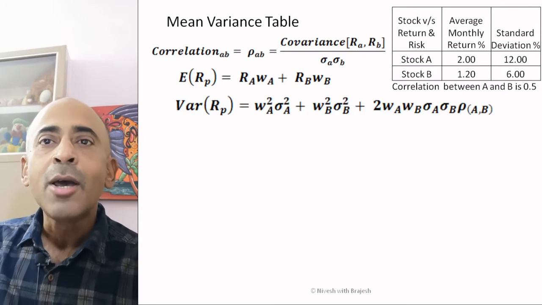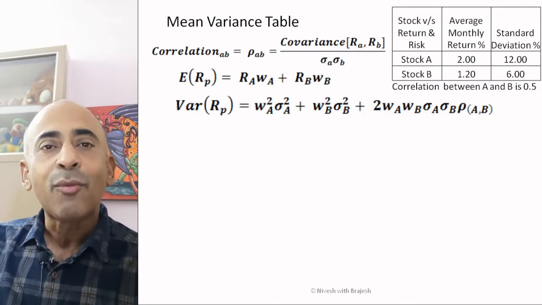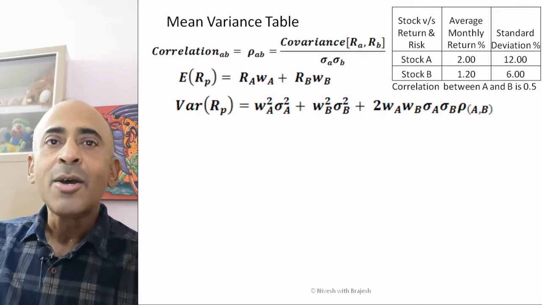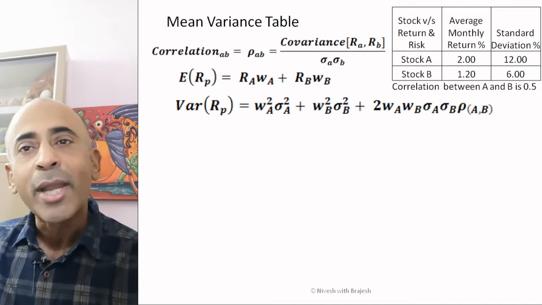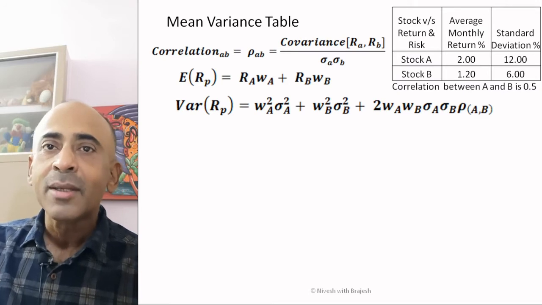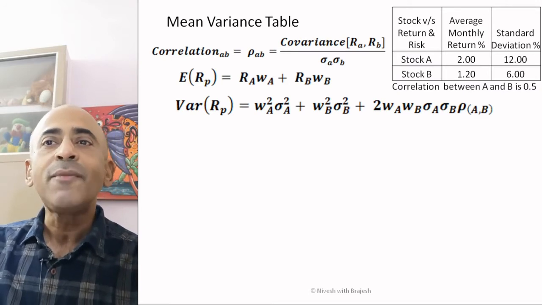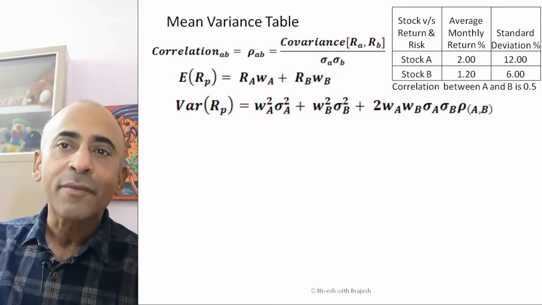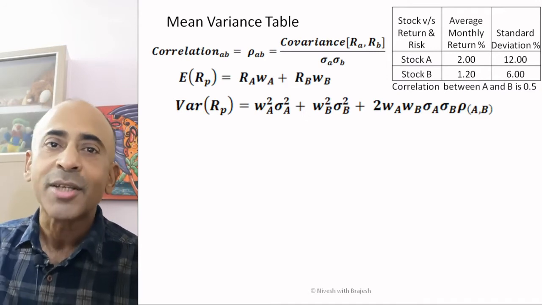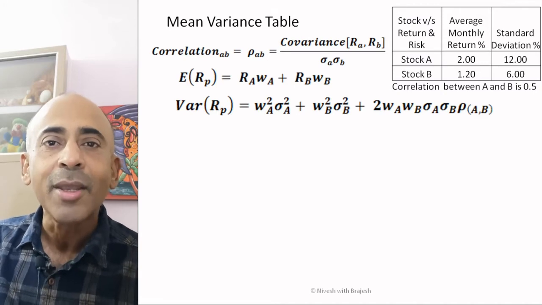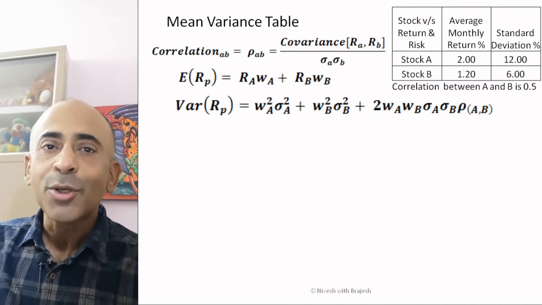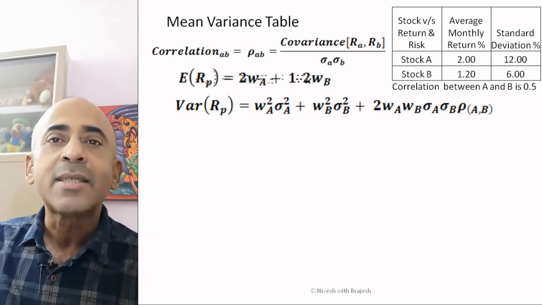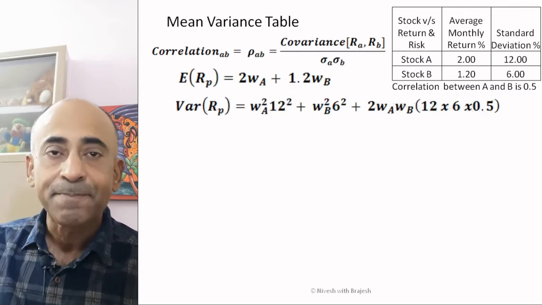Variance RP equals product of squares of weight of stock A and standard deviation of A, plus product of squares of weight of stock B and standard deviation of B, plus twice the product of weights of A and B and product of standard deviations of A and B and their correlation. This is how it looks. Okay. Now this is just for two stocks. Once we feed in the available data into these equations, they start looking like this.